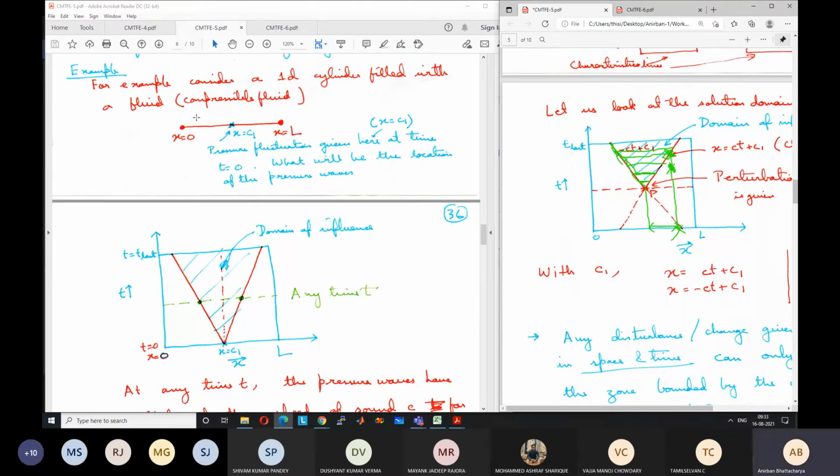No answers? So pressure fluctuation cannot be seen. Cannot be given, right? Pressure fluctuations. No displacement can occur. No displacement of particles can occur in an incompressible fluid. It has to be a compressible fluid.